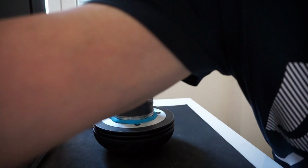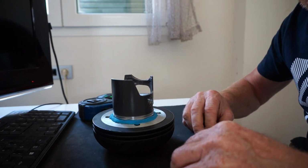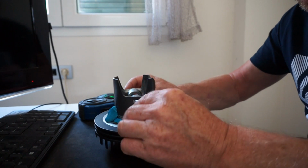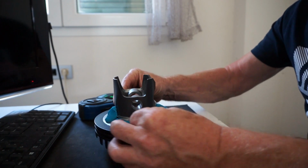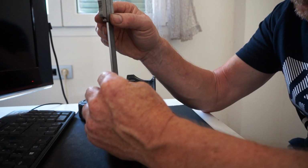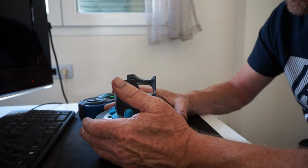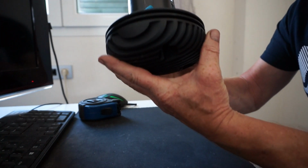What we need to do is put a little bit more plasticine on to hold this damn thing in place, because we don't want it to move. Recheck our measurement. Sweet, 70mm. So now the piston is in exactly where it should be if it was in the cylinder. So now, if we turn it over